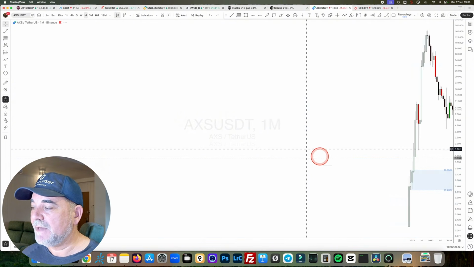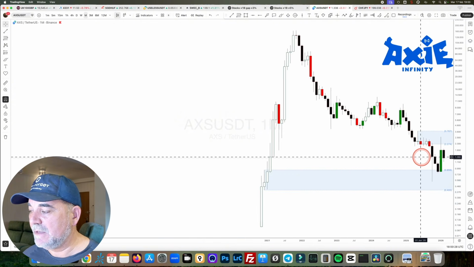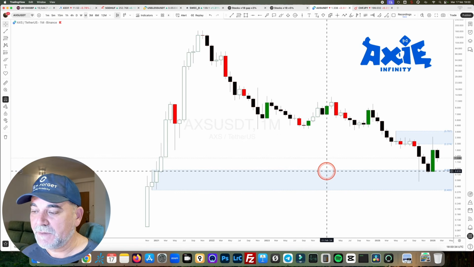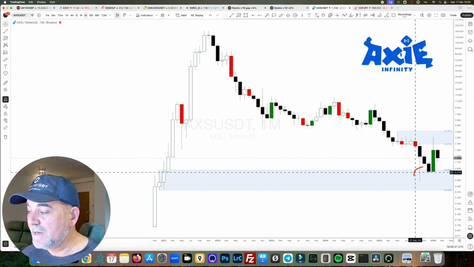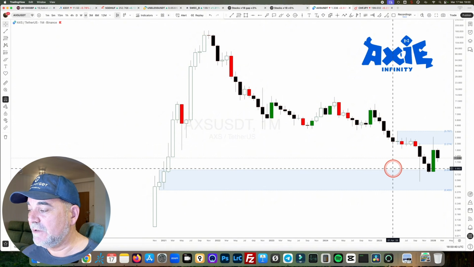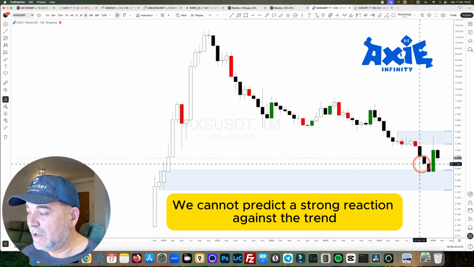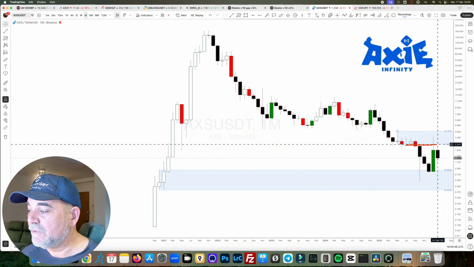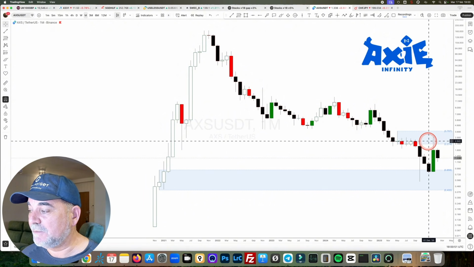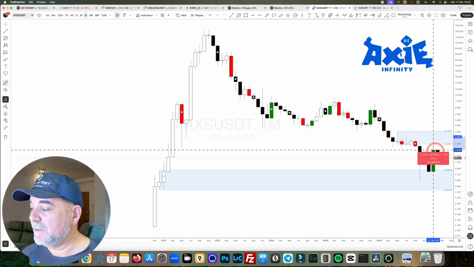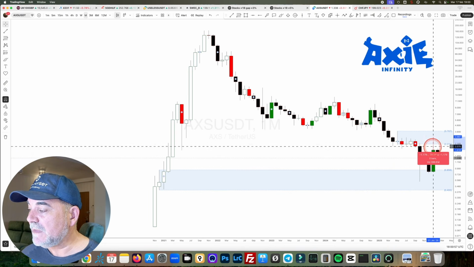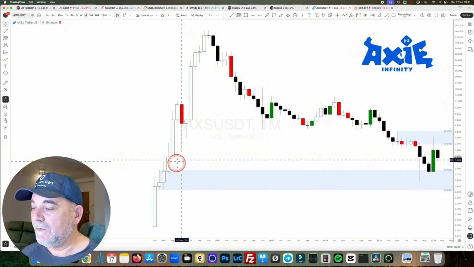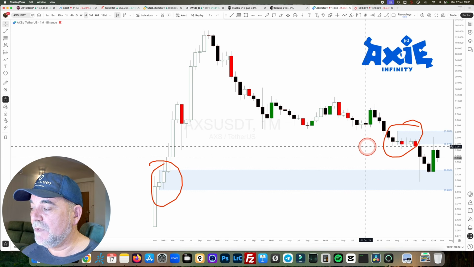176%, is this reaction that we can see here on the monthly time frame, 150%, something like that. So this reaction here, obviously we cannot predict if this is going to happen or not, because we have a downtrend. And now look at this: supply level takes control, and the reaction is not that powerful. The upper wick on Axie Infinity is only 39%, and here, as I said before, it's like 150%. So this goes against the trend, this goes with the trend.